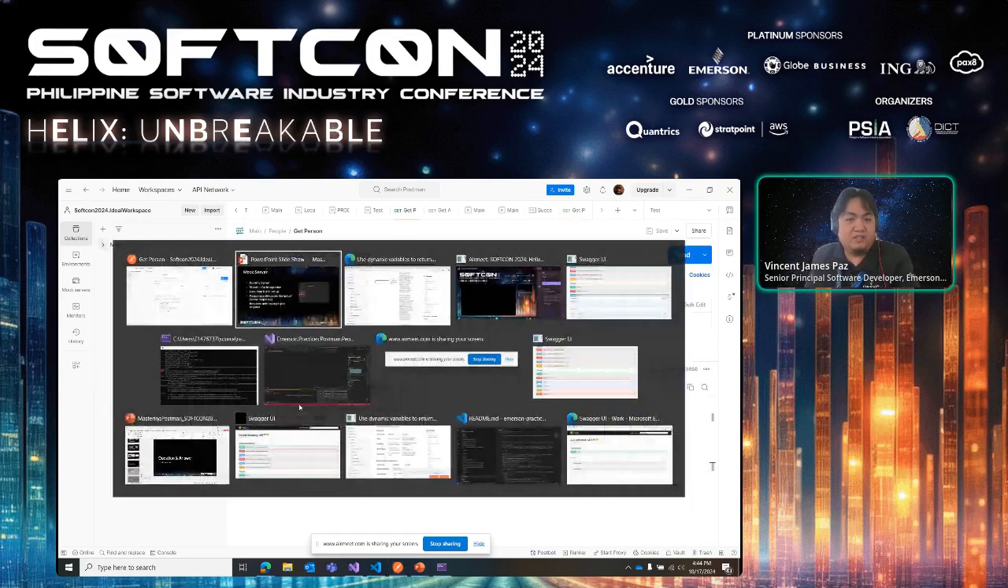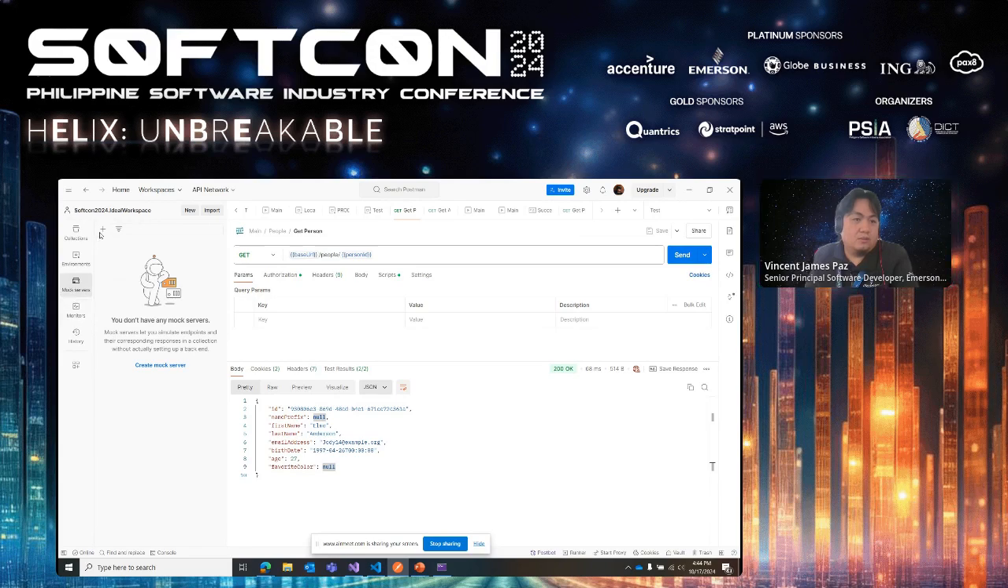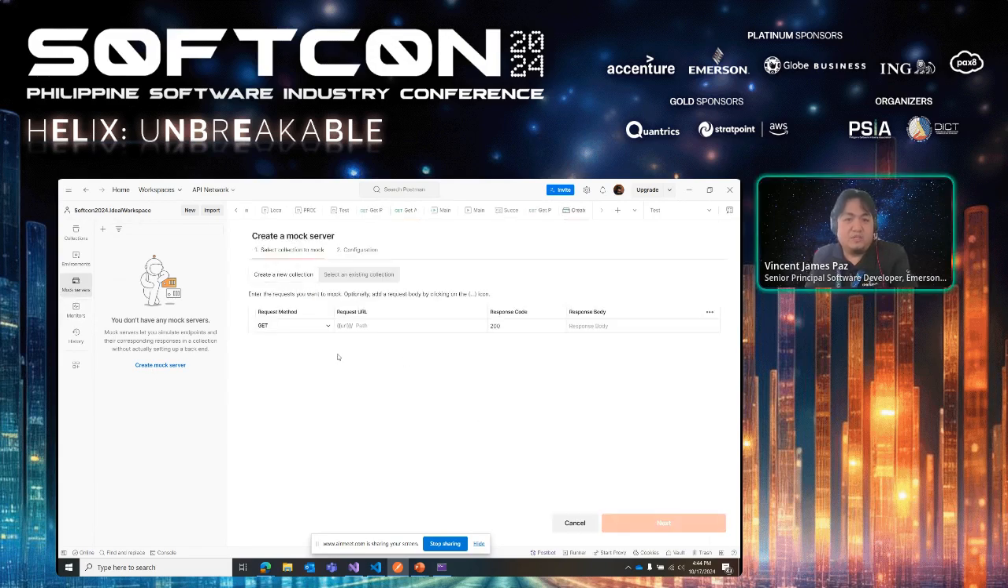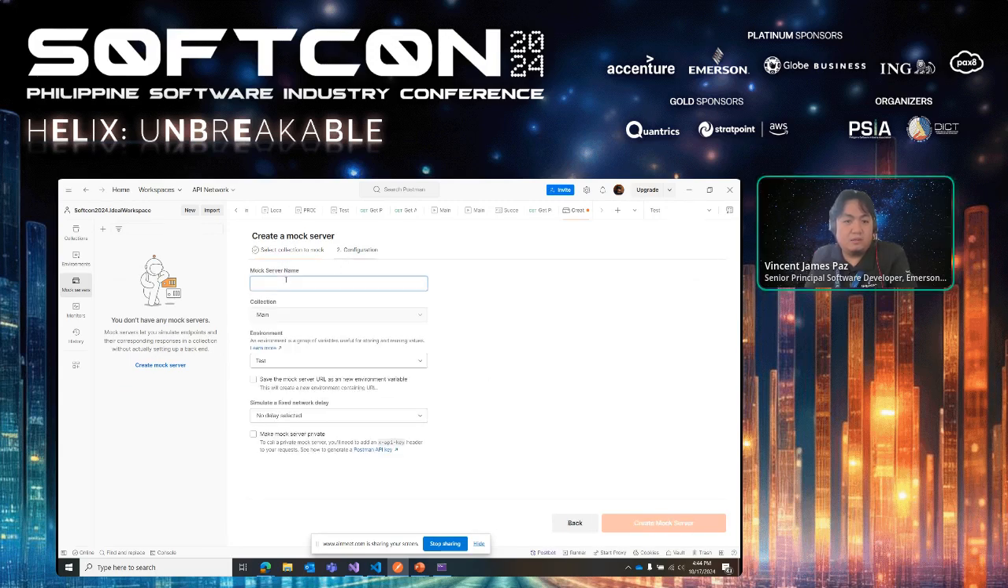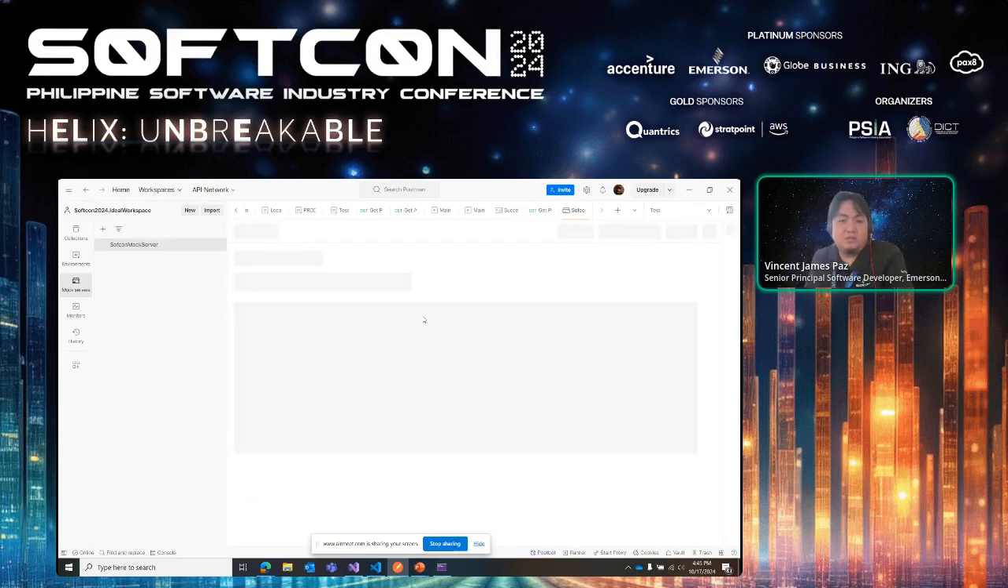And then to create a new mock server based on your collection, from here, create a mock server and then just select the existing collection and select the main. For this, let's say softcon mock server. Main for the environment, let's use the prod. And once you hit the create mock server button,